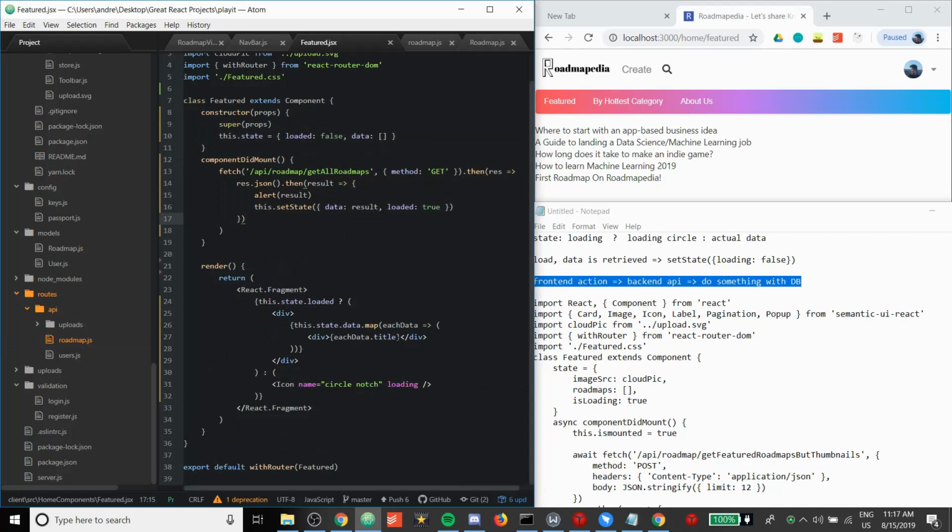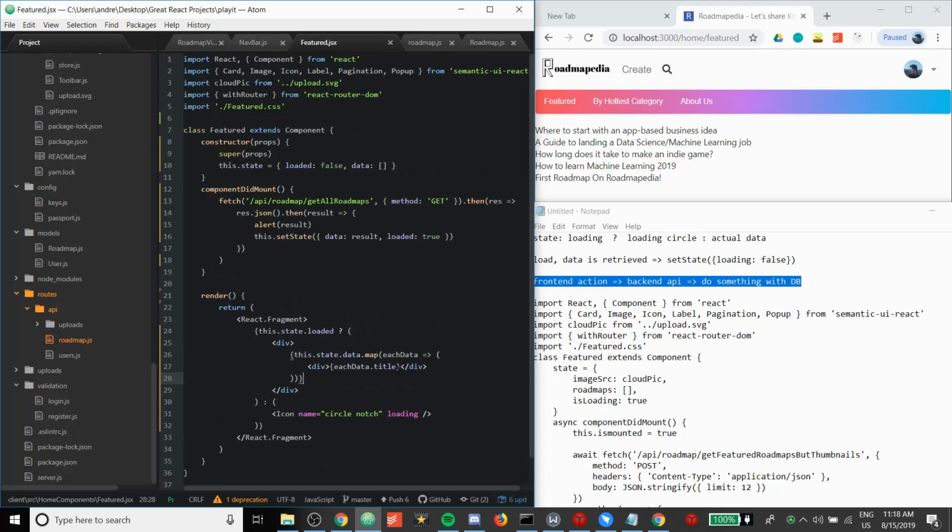I think this loading component is a really simple exercise for people to understand a little bit more about the backend and